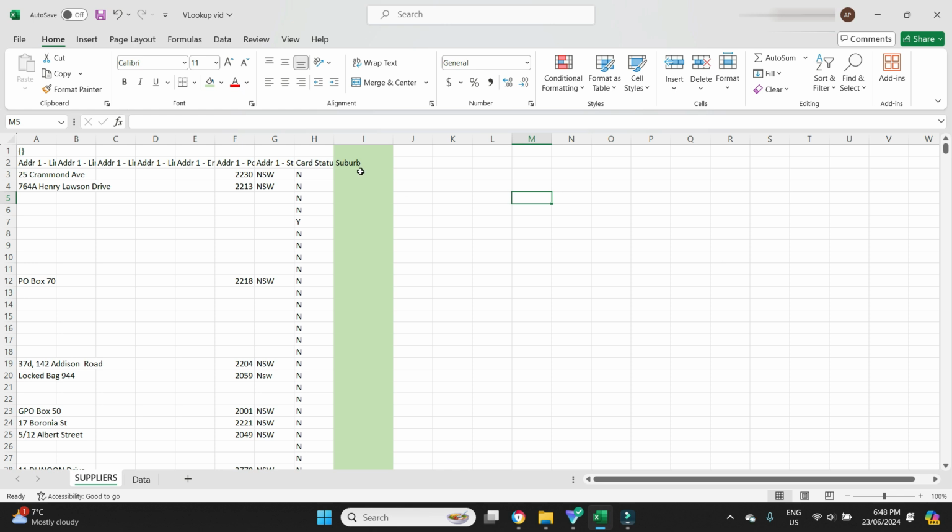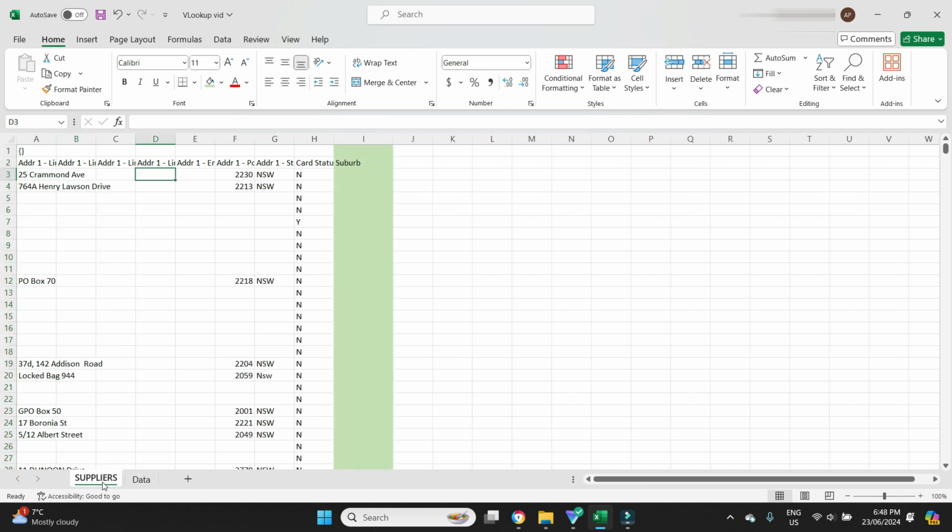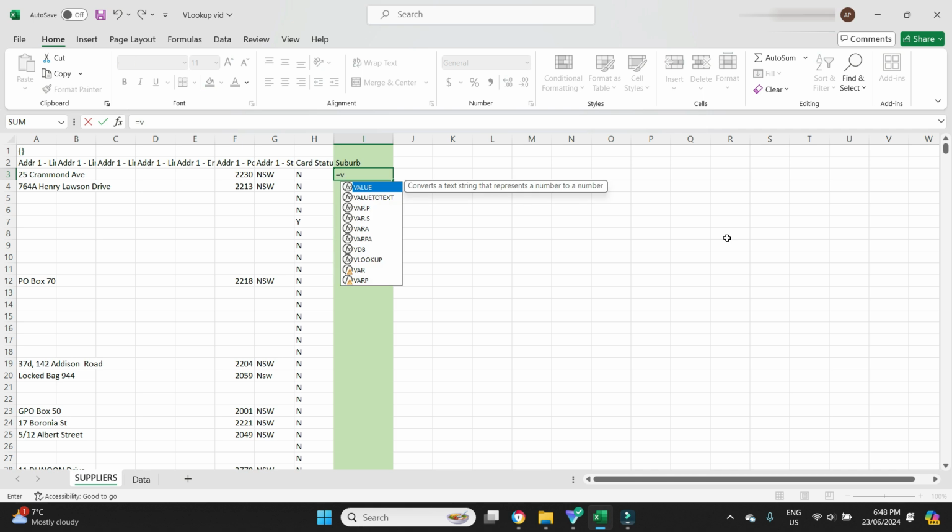Of course, you can use this formula for any kinds of things where you want to pull in information from another sheet based on the line in your spreadsheet that you're looking at. What we're working with here is the suburb column, column I. As you can see, we've got addresses, but there's no suburb here. And this is the raw data here. So what we need to do is pull over this suburb information into this sheet. To do that I go equals VLookup,